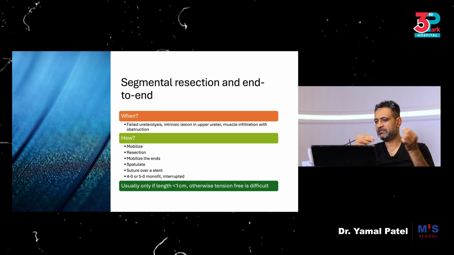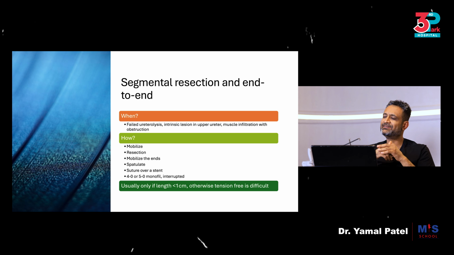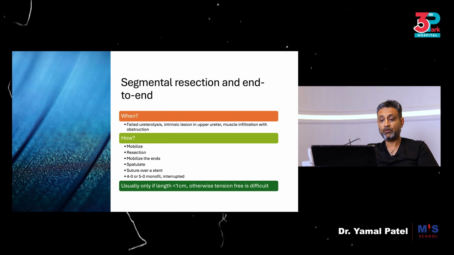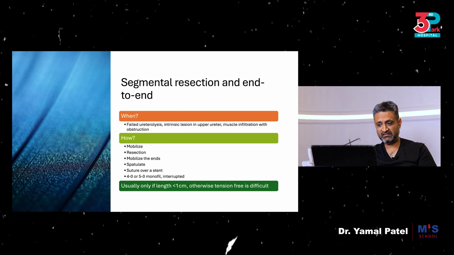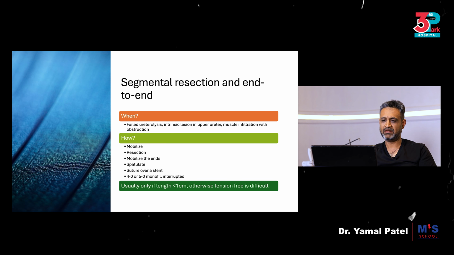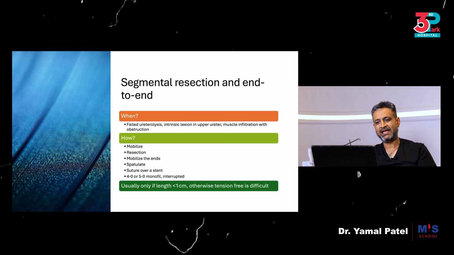So you'll have to free the ureter to make sure that you get an anastomosis that is tension-free. How would we do it? You mobilize it first, right from the upper end towards the bladder all the way down. You would then resect the segment that is blocked, mobilize the ends, you'll spatulate it, you will then stent and